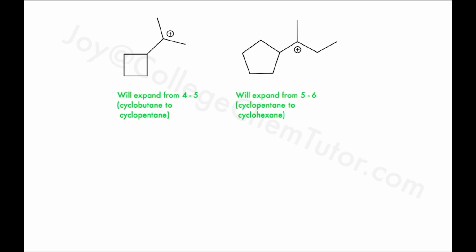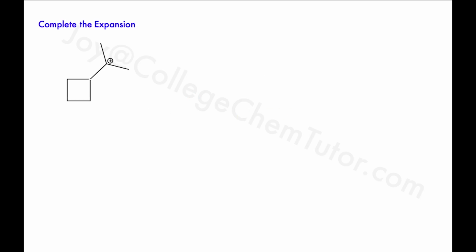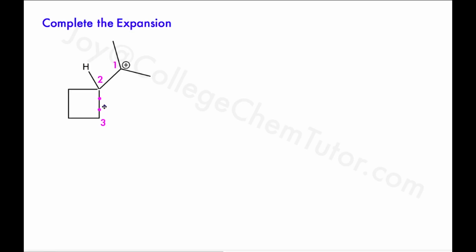Of the two molecules that can expand, we will work out the ring expansion of the cyclobutane in the space below. We begin with the carbocation atom and number 1, 2, 3 around the ring as shown. We also draw in the hydrogen on carbon 2 since it will help us visualize the rearranged structure later. To expand, we show an arrow taking the pink electrons between carbons 2 and 3